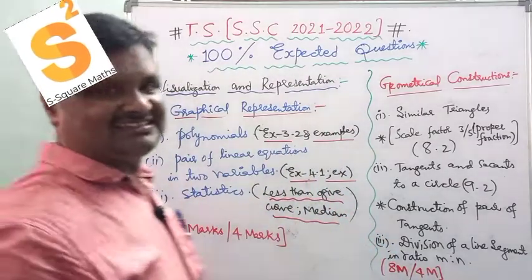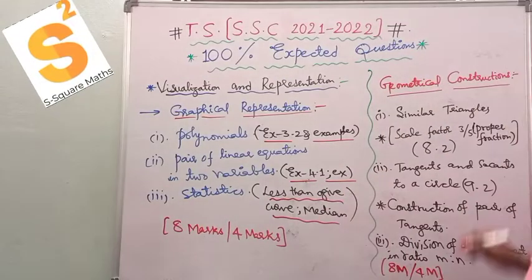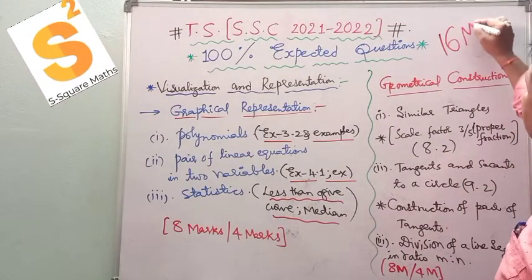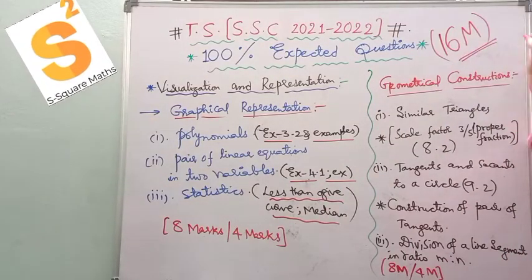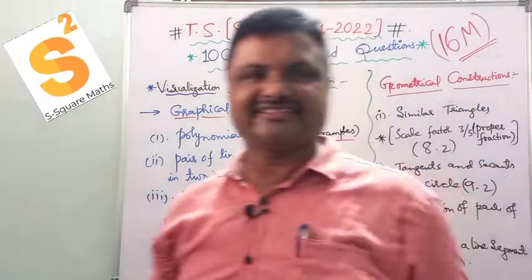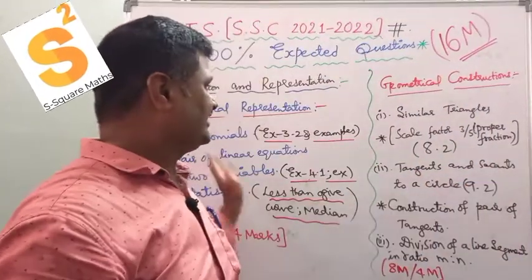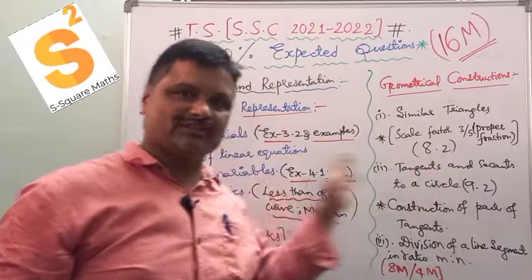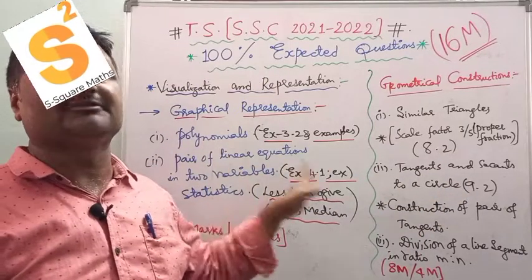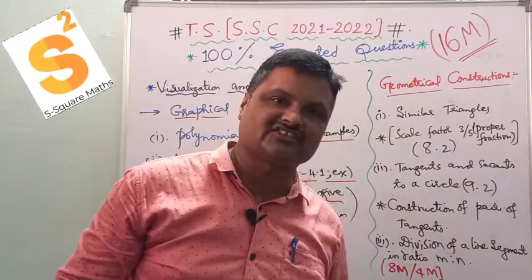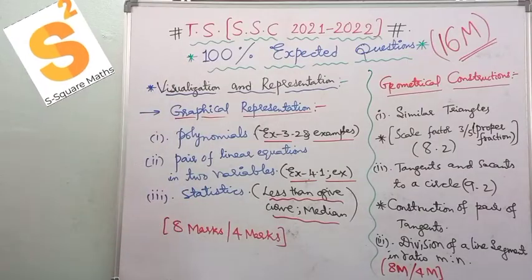Finally, in this category you are going to get 16 marks in general. So minimum 12 marks: 8 plus 8, or 4 plus 8. Finally 8 plus 8, 16. More than 16 also you can get. So once you have a look,